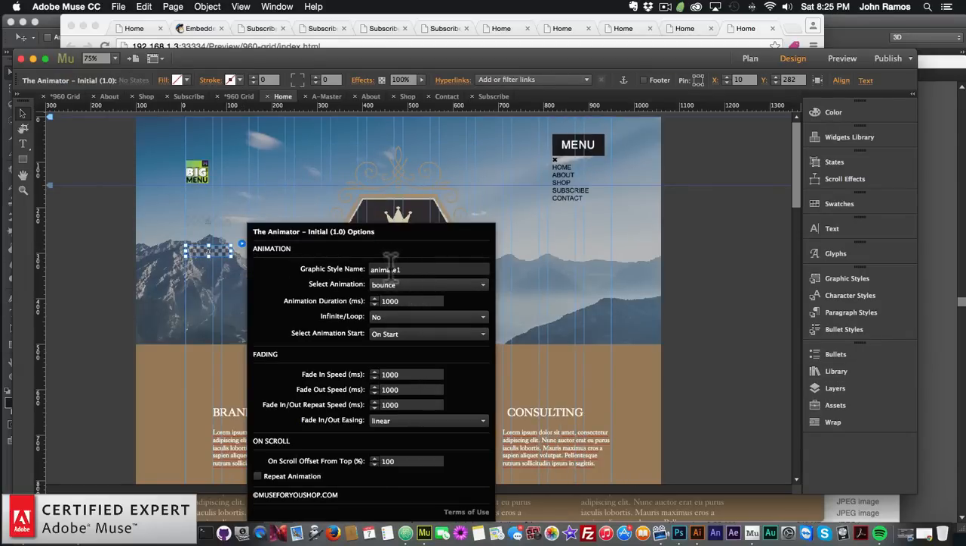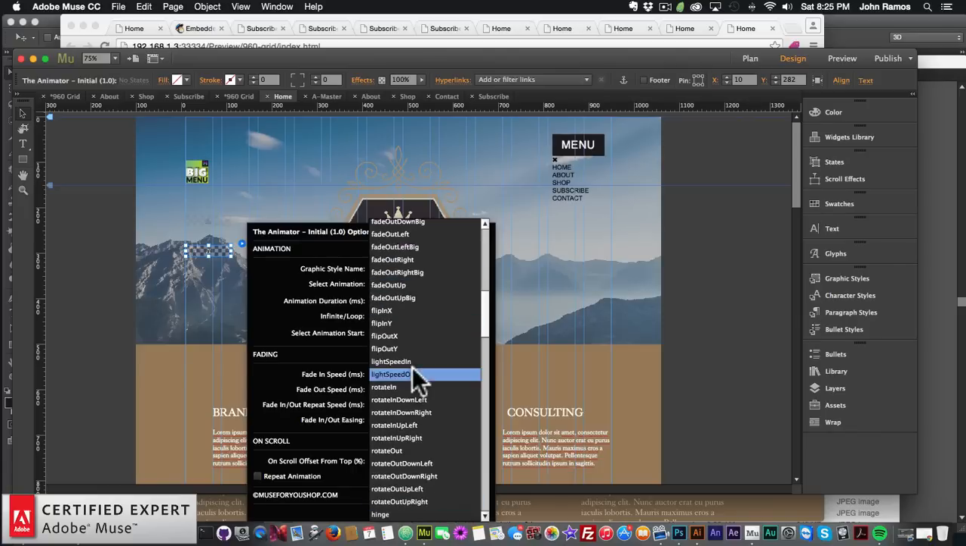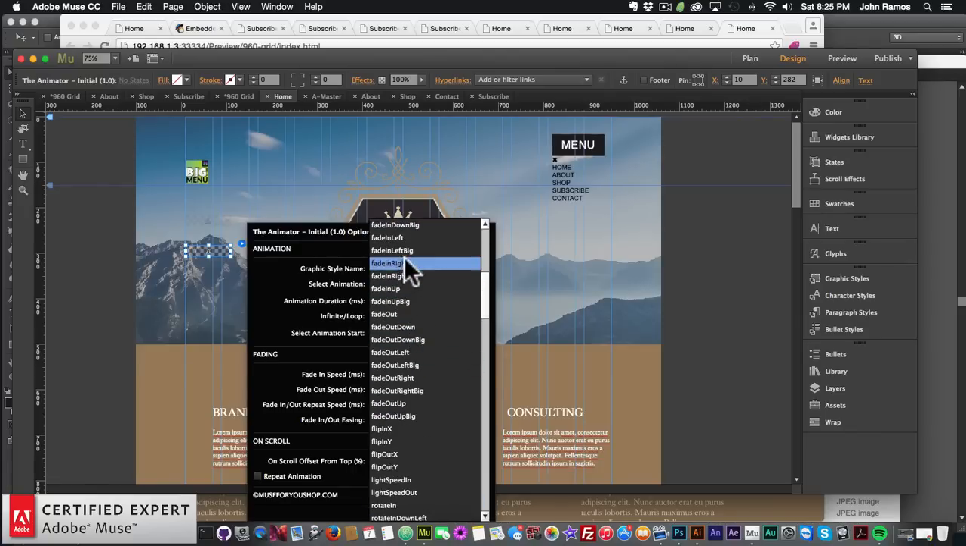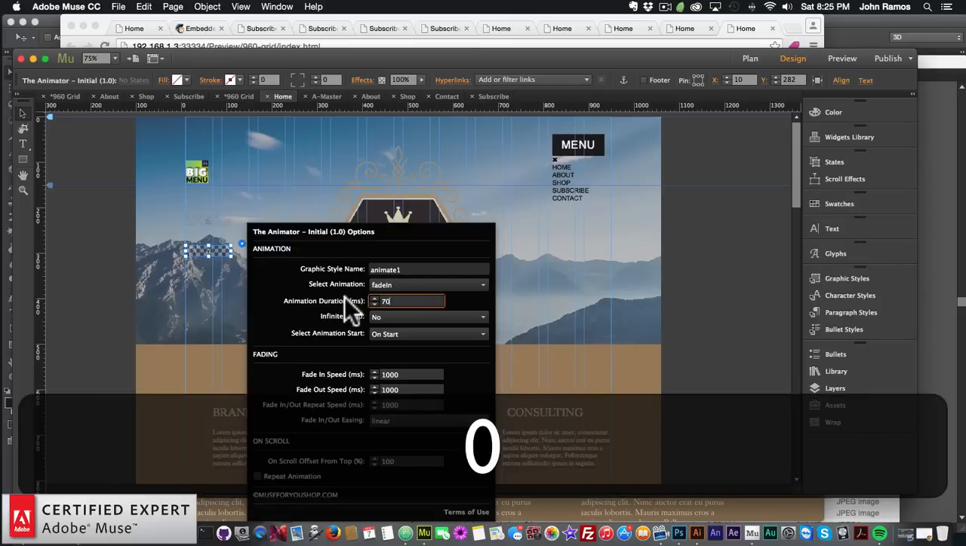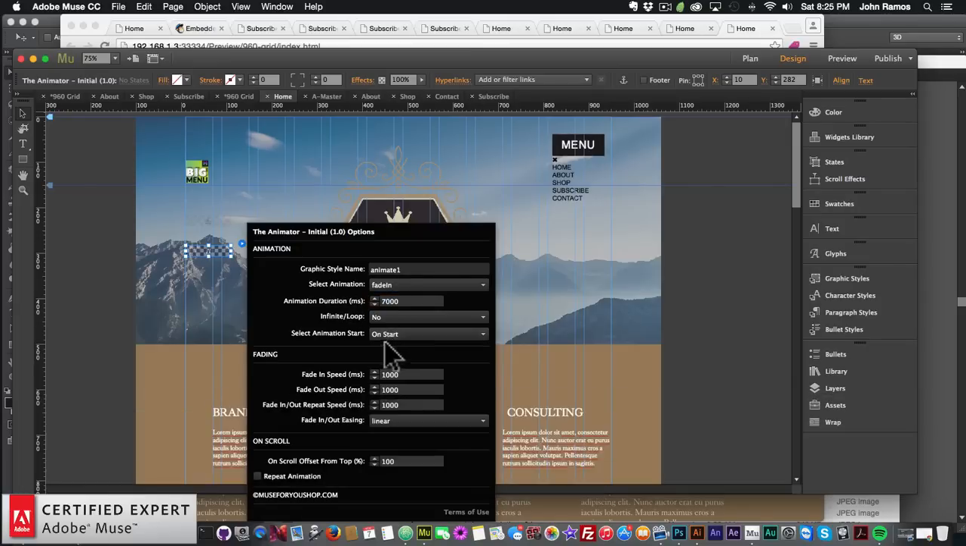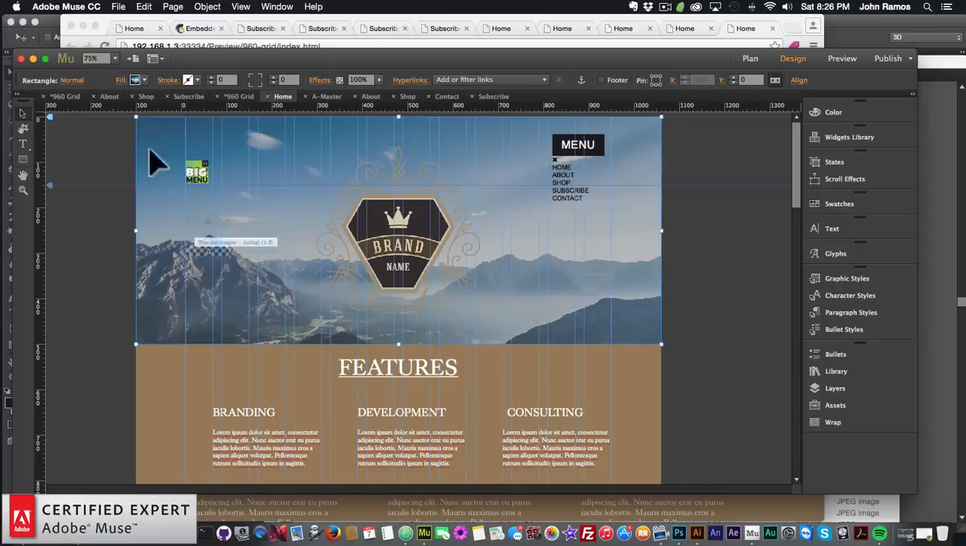We're going to leave the graphic style name animate1, and we want it to fade in. So I'm going to select fade in, and we're going to say 7 seconds. We want it to fade in after 7 seconds, and we want it to animate on start, so I'll leave that like so. And perfect. So now I'll go to File, Preview Page in Browser,